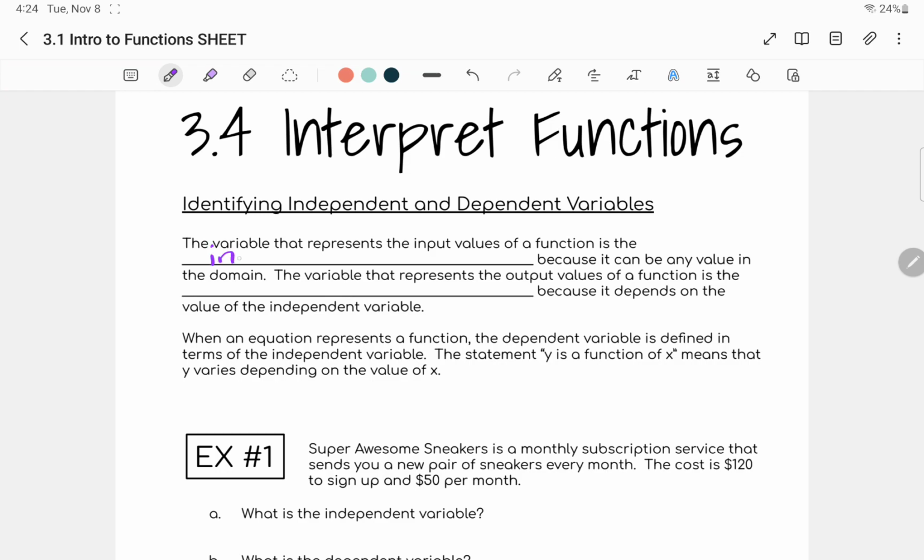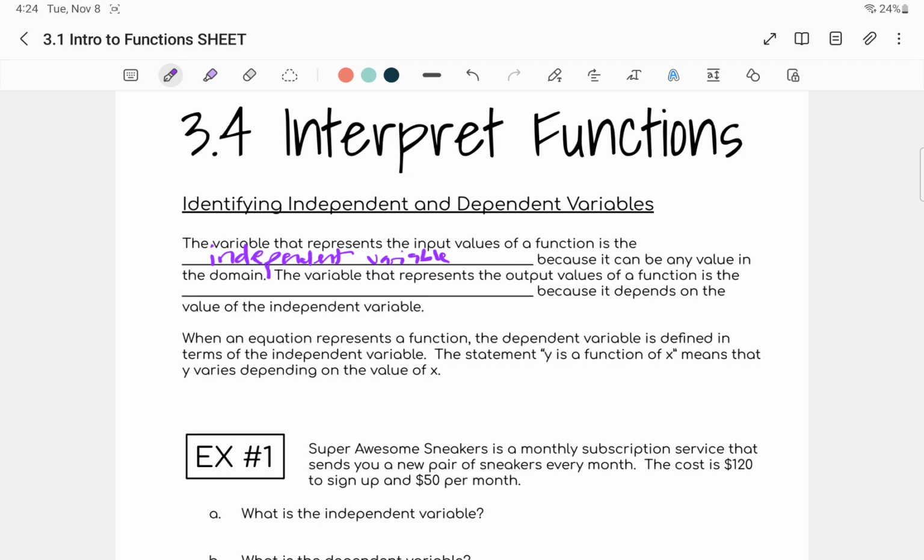independent variable. Because it can be any value in the domain. So independent variables, those are going to be our x values. Those are going to be the things that happen no matter what. So that's usually going to be something like time, something that just occurs, that will happen no matter